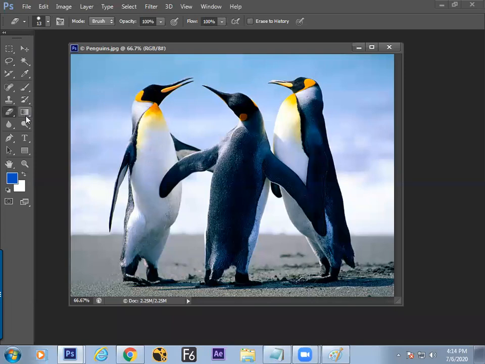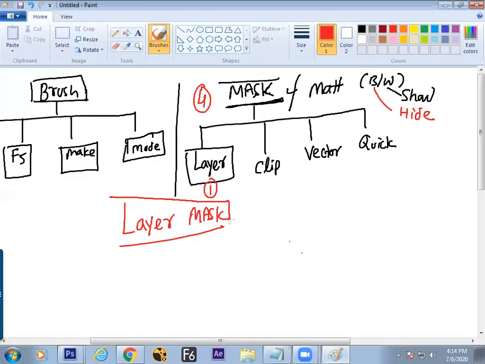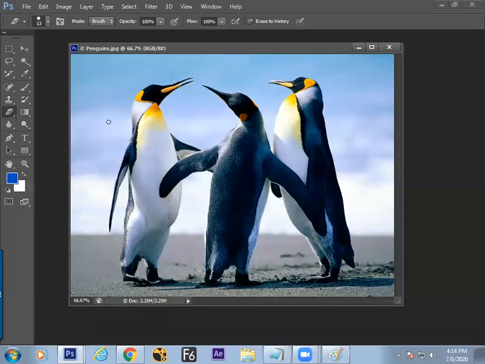But instead of the eraser, we are using the technique called masking. And the question comes, why do we need to use this? Because once you erase something with the eraser, we cannot go back. Eraser is a tool which erases the images, but how it erases and what it erases will be coming up. For the time being, you got to know why not to use your eraser and where to use this mask. Once we erase with the eraser, we cannot get back the information. But if you are hiding the information, anytime you can get it back. That is the concept. So let us start with the first masking, that is called layer mask.